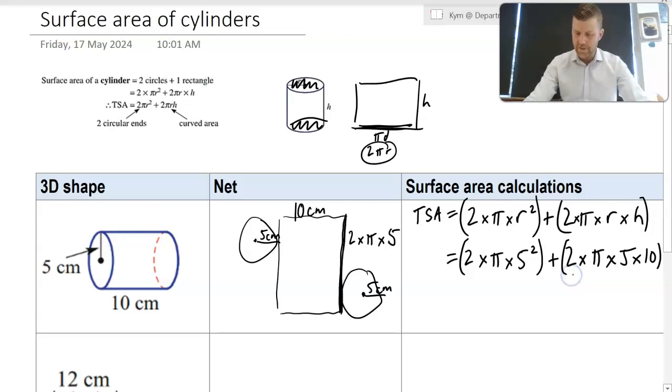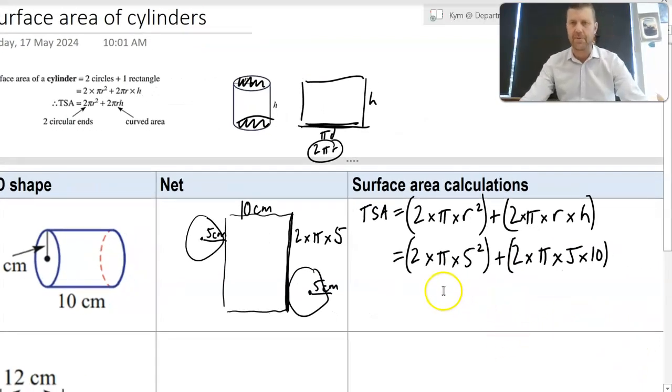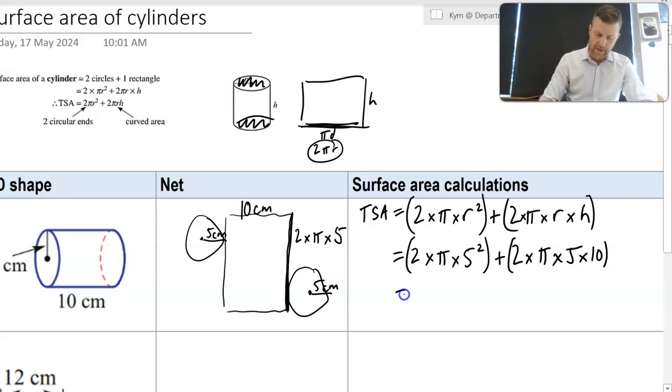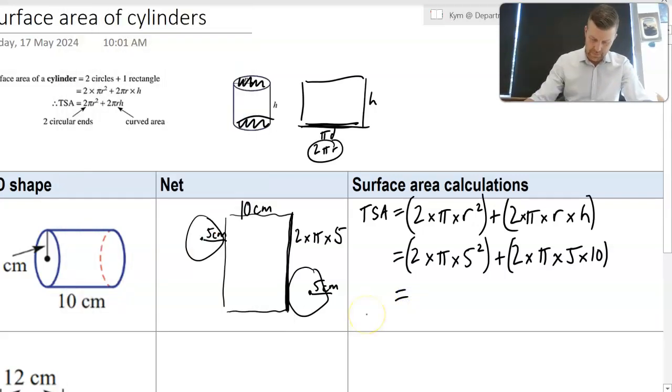You can bracket that off just to show that this first half of the formula is the area of the 2 circles, and the second half is the area of that rectangle. You don't have to bracket it when you put it in the calculator. So if I threw all that on my calculator, which I'll do now,